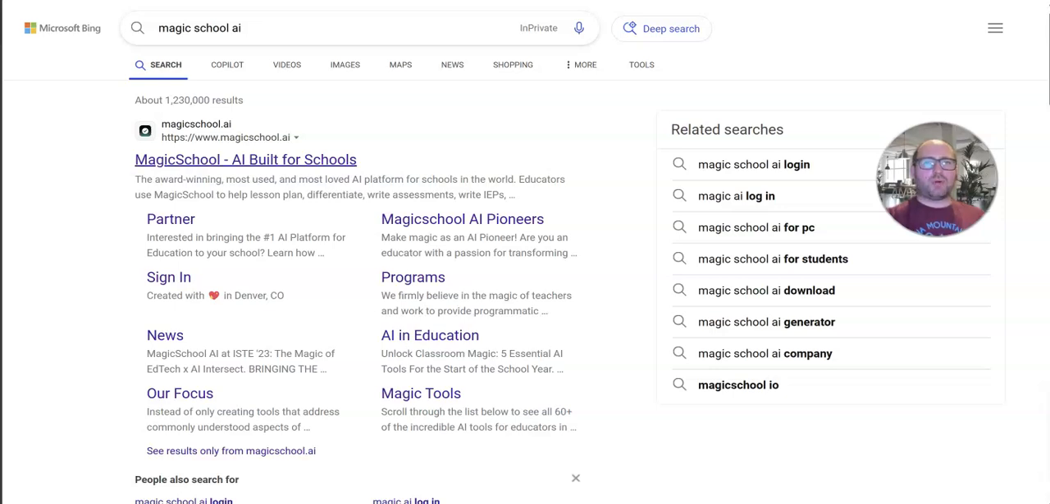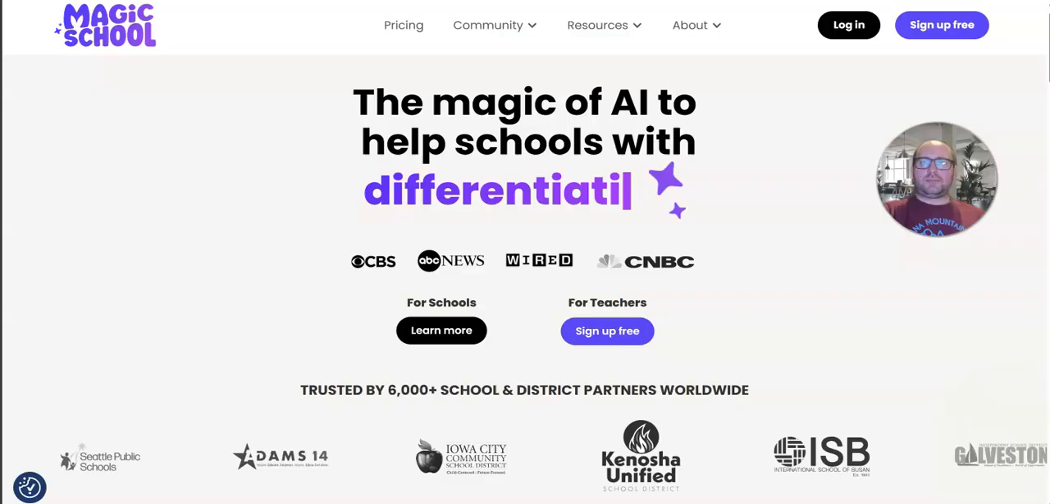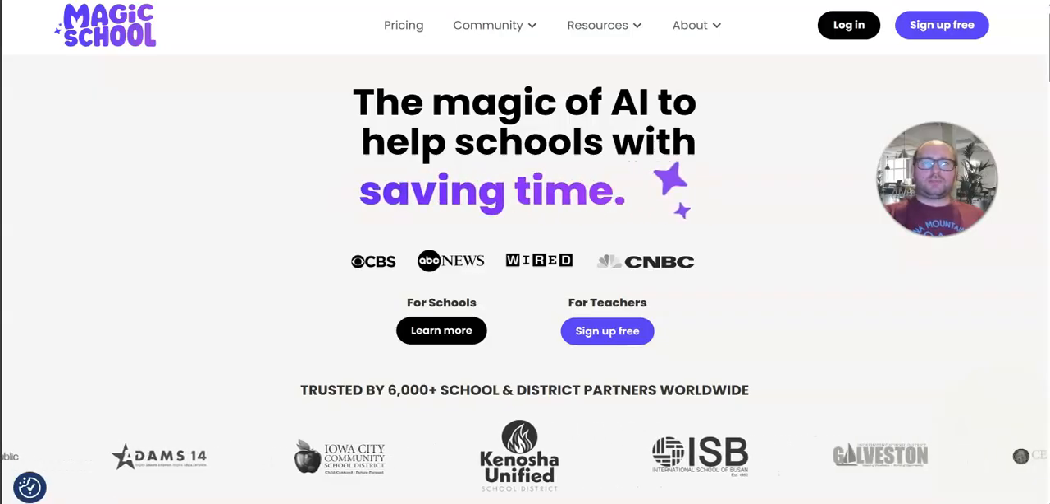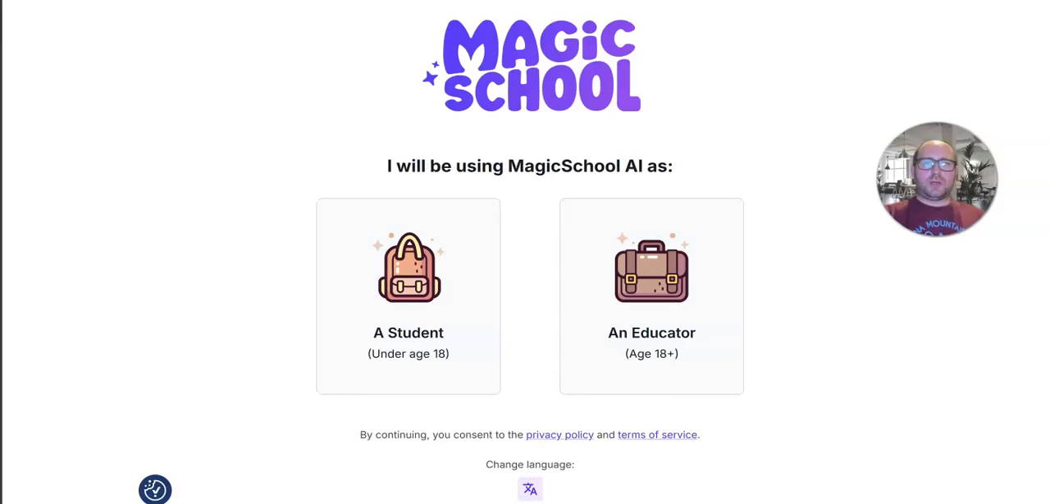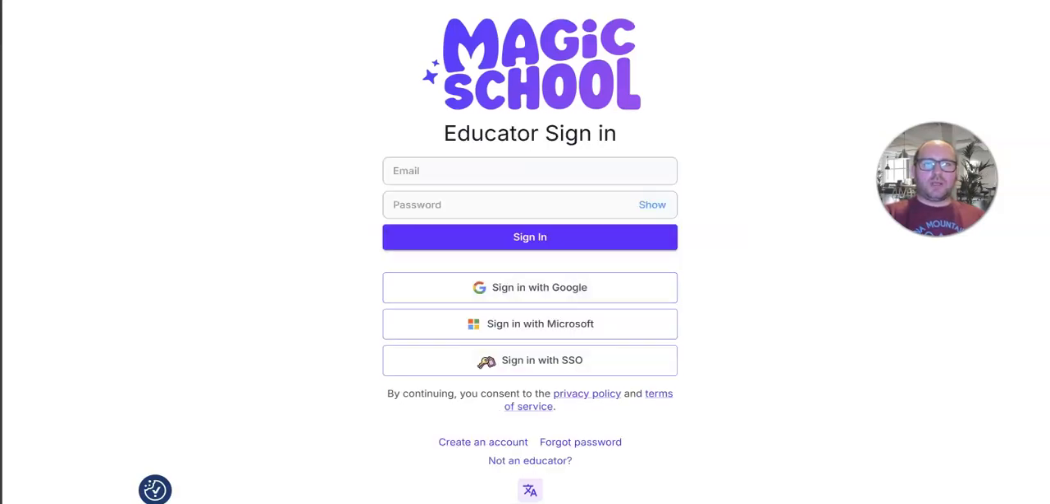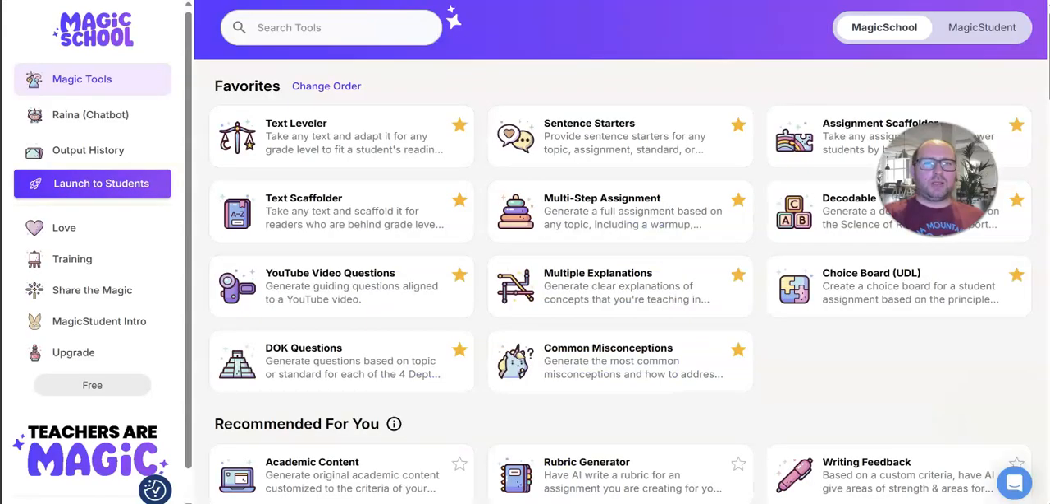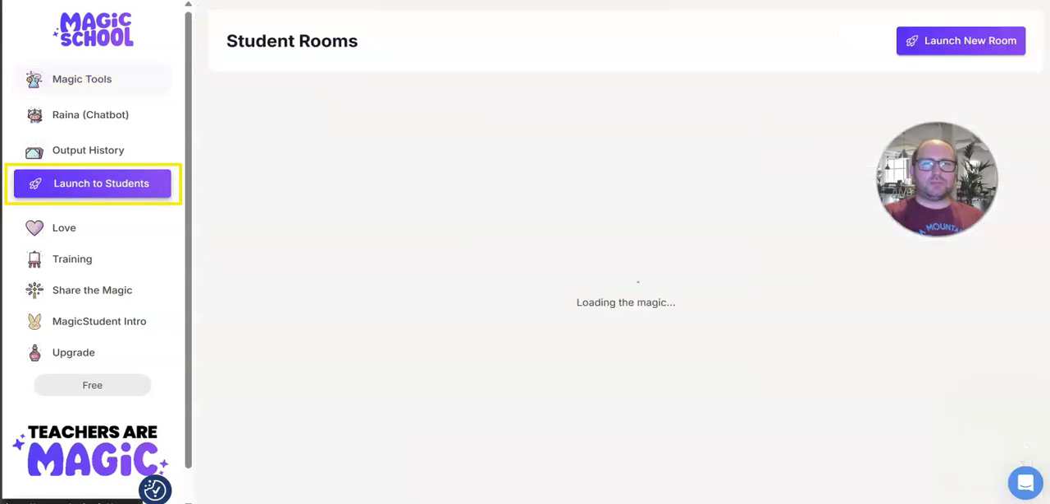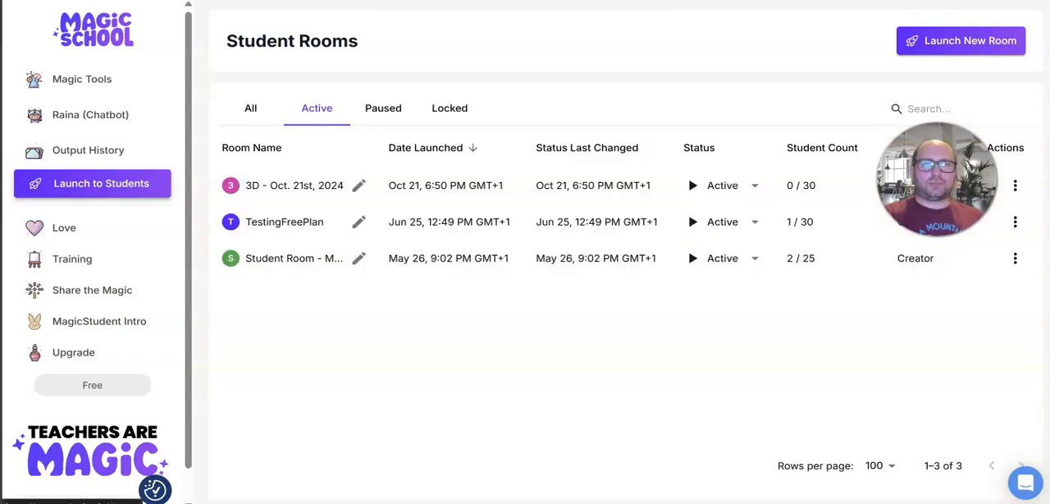To create a chatbot, go to MagicSchool AI, log in, click an educator, and then you have two options, either to log in with your Glow account or create account with your personal email. Then click Launch to Students, launch new room,